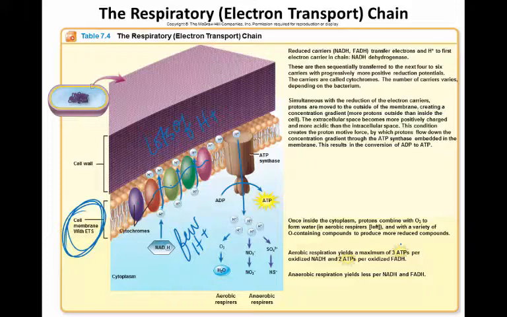Lots of hydrogens over here. Well, the hydrogens want to come back through, because they want to even everything out. The only way to get back through is to come through a large enzyme called ATP synthase. ATP synthase will allow the hydrogens back through, and it will let them pair back up with their